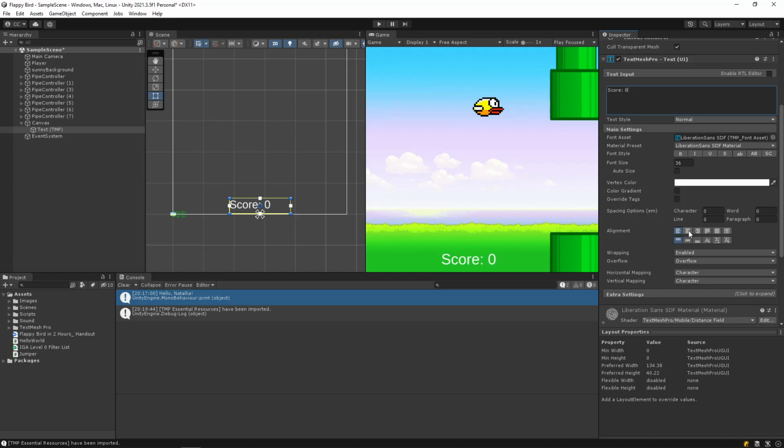Okay. And then we have 2 fields right here that we have to fill out. If we just play the game, it'll give us some weird errors. Actually, it doesn't do anything at all. So we have to fill out these variables in order to make this work. So if I click on the circle next to the text, and oh, nothing's showing up there. Oh my goodness. I know what's going on. That's kind of sucky.